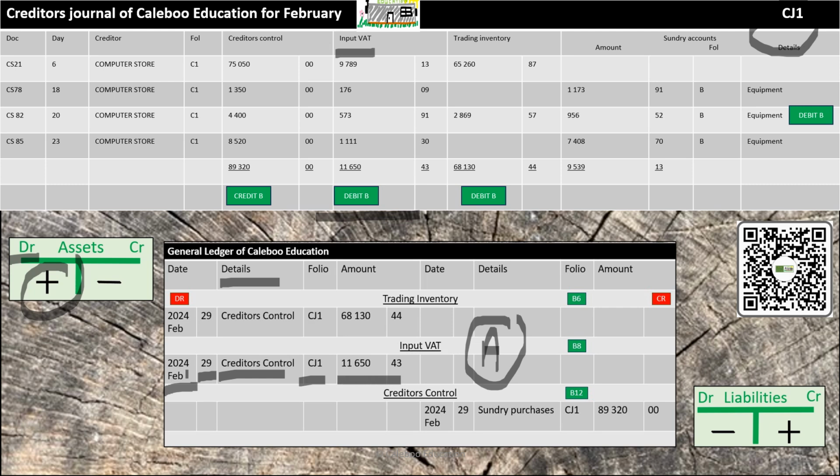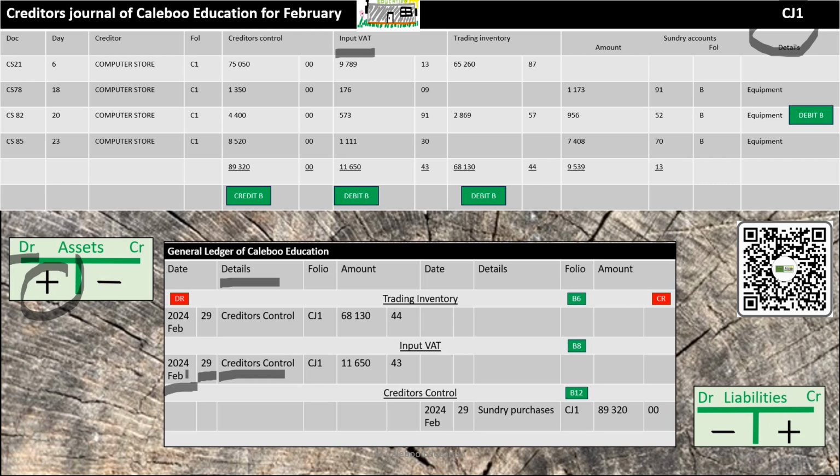And what was the amount? 11,650. So that total has been posted to the general ledger account. When you practice this, you will become experts very, very quickly. Now there's one more posting that needs to be done,